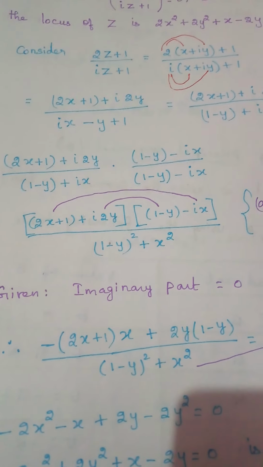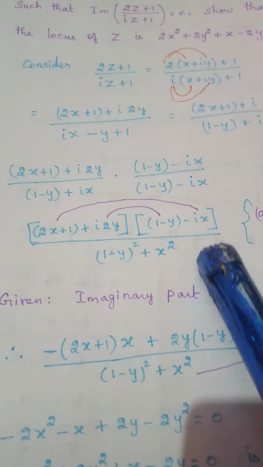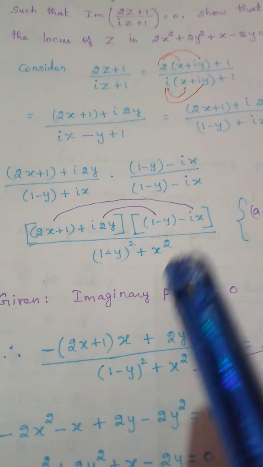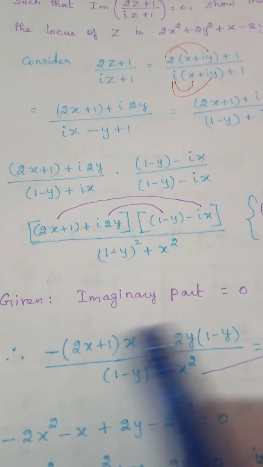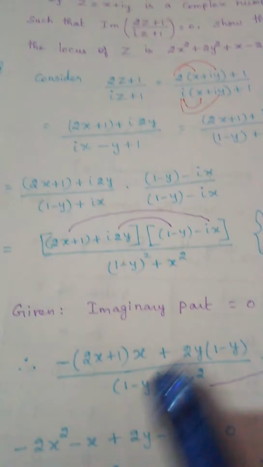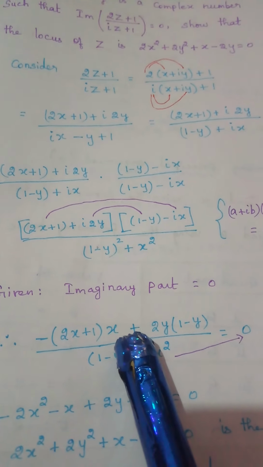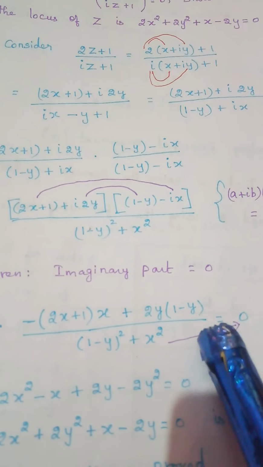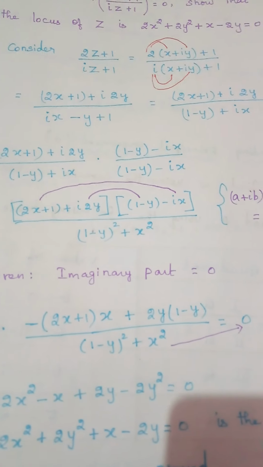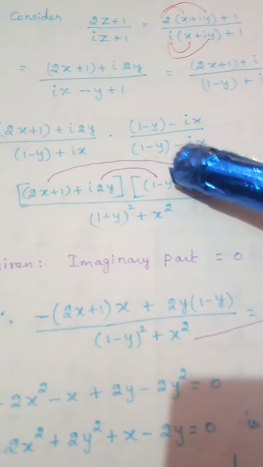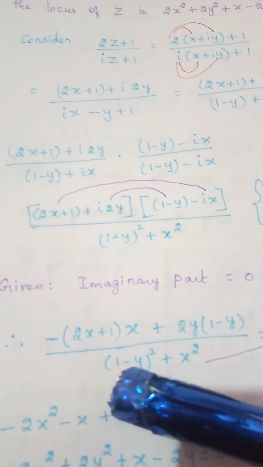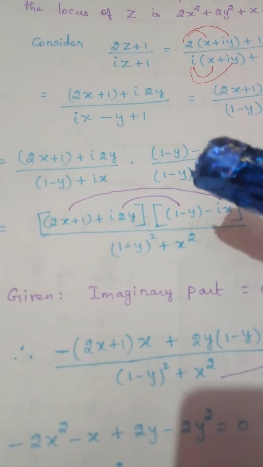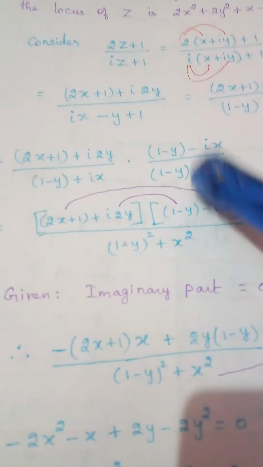So children, what I want to tell is, if we multiply these two, we will have four terms, out of which these two are imaginary part. The remaining two are real part that we don't want. So the denominator I am writing as it is. Since imaginary part equals 0, I am writing this equal to 0. You should be able to know how to write this from this. That is what is important. I hope that you will understand, for which I am going to tell you again.